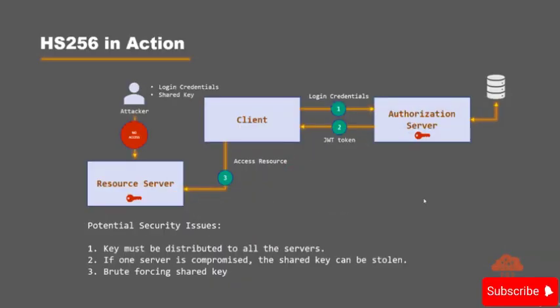When the HS256 algorithm is used, a shared key is used both for creating the signature as well as validating the signature. If this key is stolen, anyone who has access to this key can create a valid JSON Web Token. In this case, the authorization server can create a JSON Web Token as well as the resource server can also create a JSON Web Token, because it is a shared key to both create a valid token as well as to verify the token. We also discussed that if a weak key is used, it is possible that we can